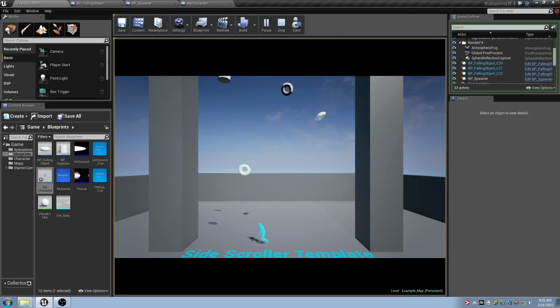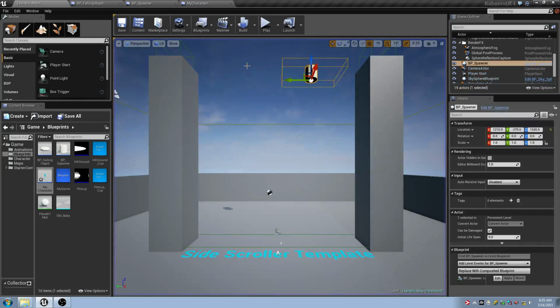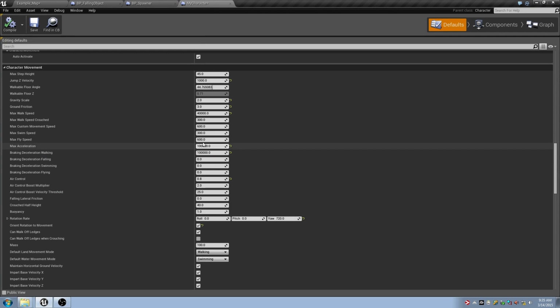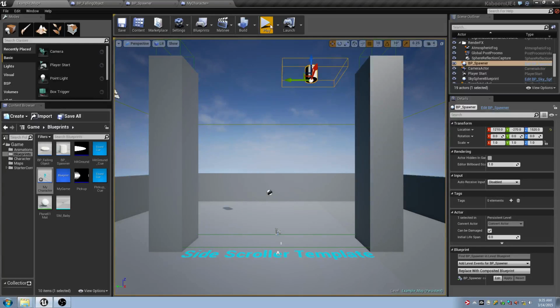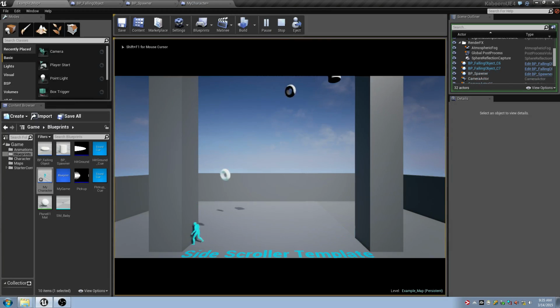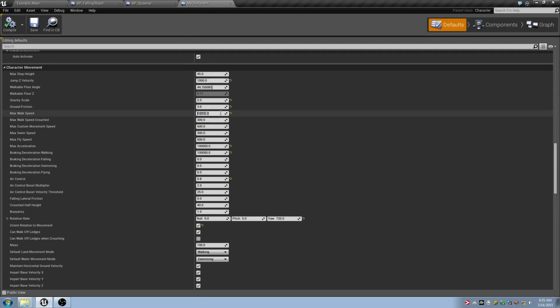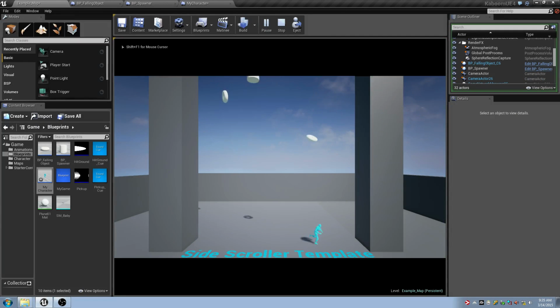It feels a little sensitive, but it actually might be good. It's still a little sensitive for me. Let's try making his max walk speed this far. That's better. This is me tuning it. You guys find some good values too for your own. This feels pretty good. It's fast enough where I can still feel like I can hit the end, but I